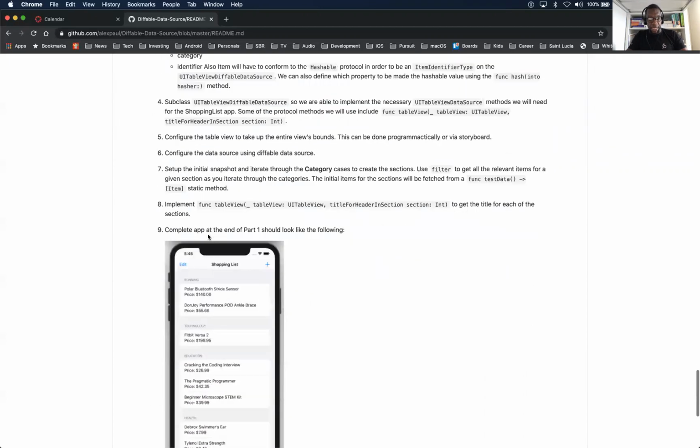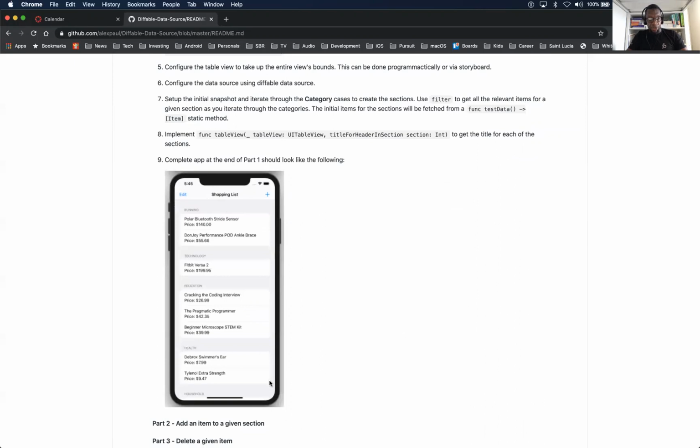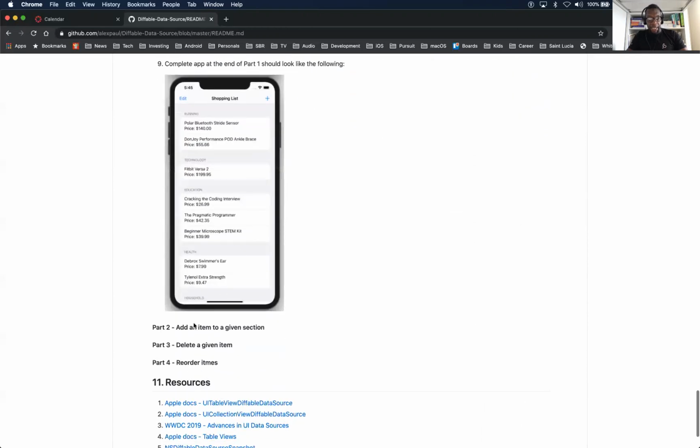Okay, so number 10, we're building a shopping list app today. Today, the objective is to get the app such that it shows the sections. And as we keep building that app out, we'll have the user be able to add an item to any section they want. Like we'll have a UI such that I could put in the name of an item, select the category of item, give it a price, and click add to shopping list, and we'll add it to whatever section we decide to. Does that make sense to everybody? Yep. And also we'll be able to delete any item from that list, and we'll be able to reorder.